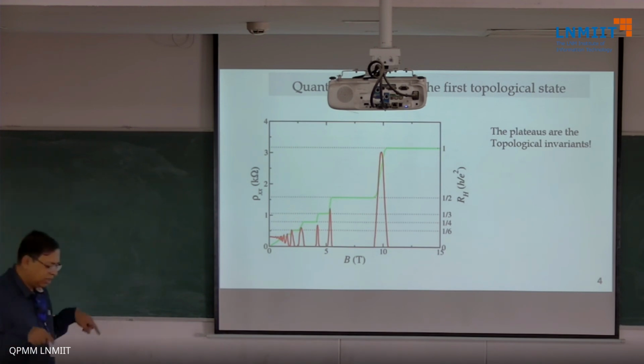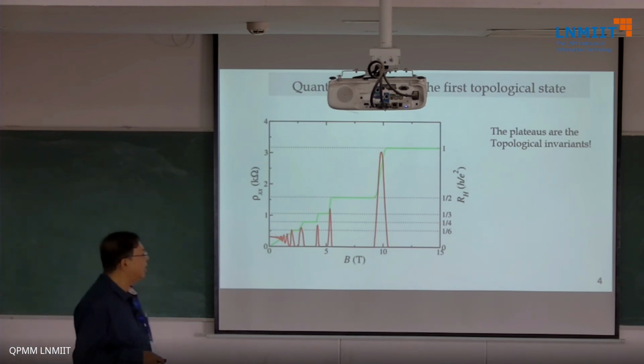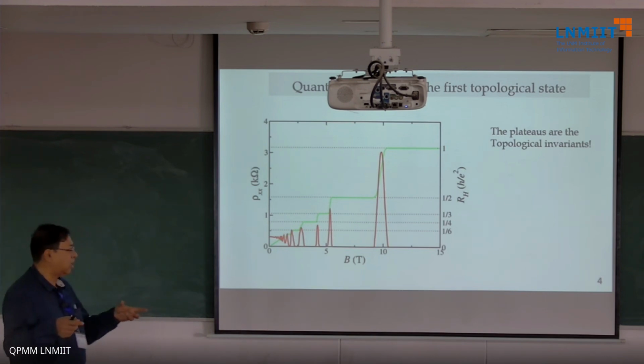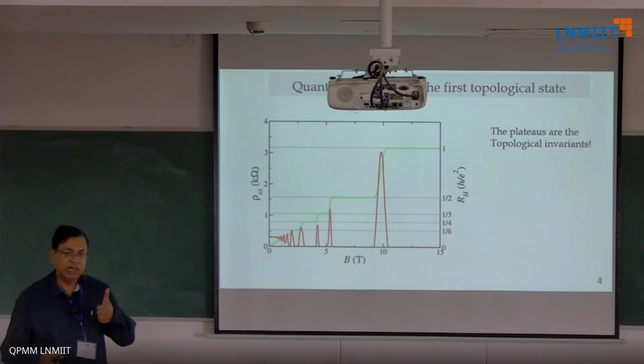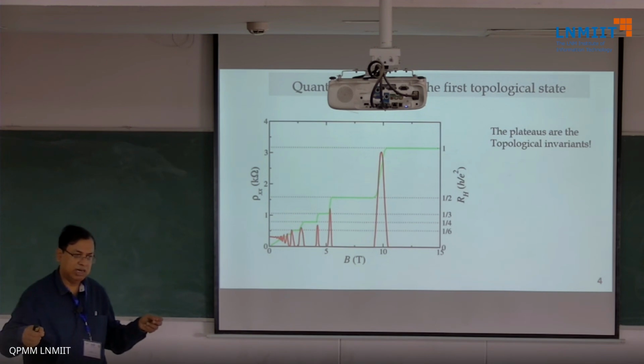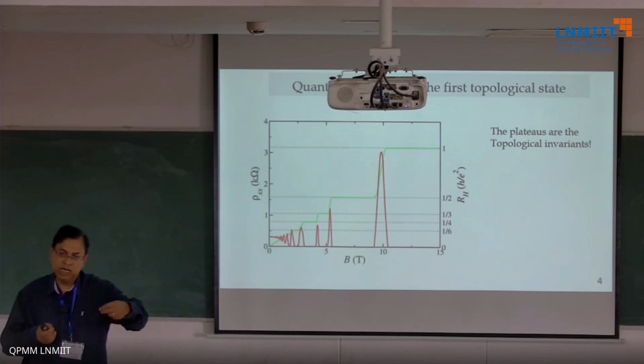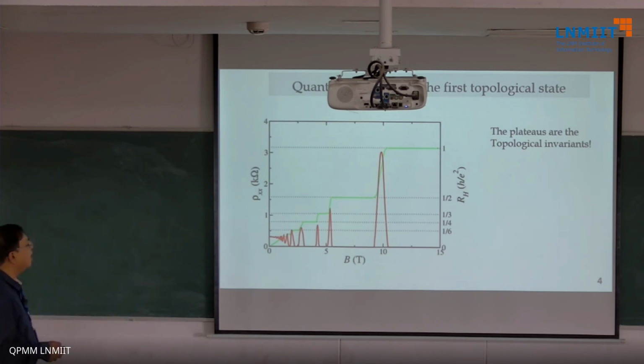So if you remember the Hall effect experiment, you have a two-dimensional sample, which is usually a semiconductor, and then you have a perpendicular magnetic field, and then you have a longitudinal current that flows in a certain direction. And then you measure the voltage in the other transverse direction, and this is what you get if you can access a magnetic field from 0 to 15 Tesla.